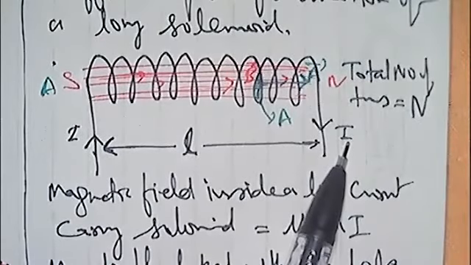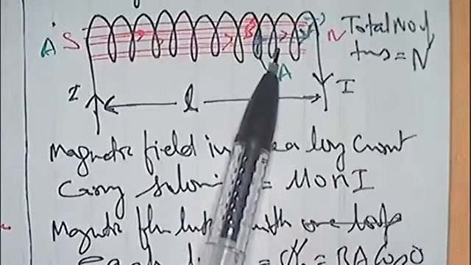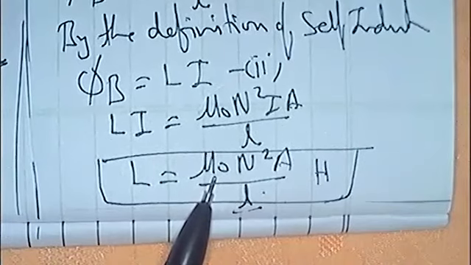Remember, this coefficient of self-induction does not depend upon the current through the solenoid. It is entirely the physical property of solenoid. It depends only on the physical structure of solenoid. What is the medium inside the solenoid? If there is some medium, then you will substitute mu naught with mu, the magnetic permeability of that medium. Here we have considered that there is air or free space inside the solenoid, and hence we are using magnetic permeability of free space.